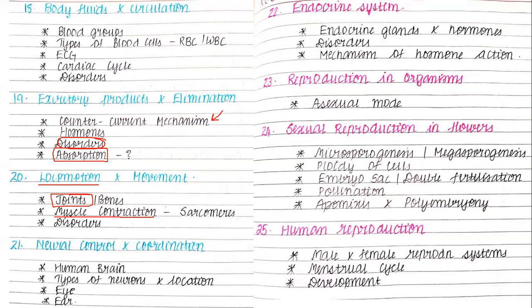What happens to Z line? Whether it is increasing, remaining constant, or whatever? That depends. You have to study that, and then finally the disorders. Neural control and coordination. One point that I failed to include over here,